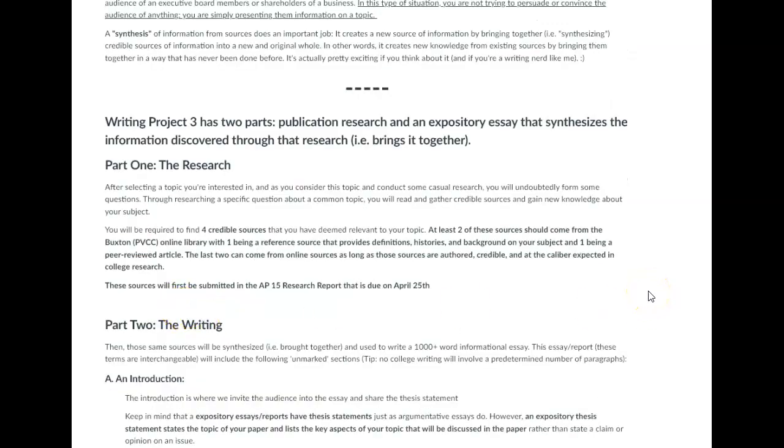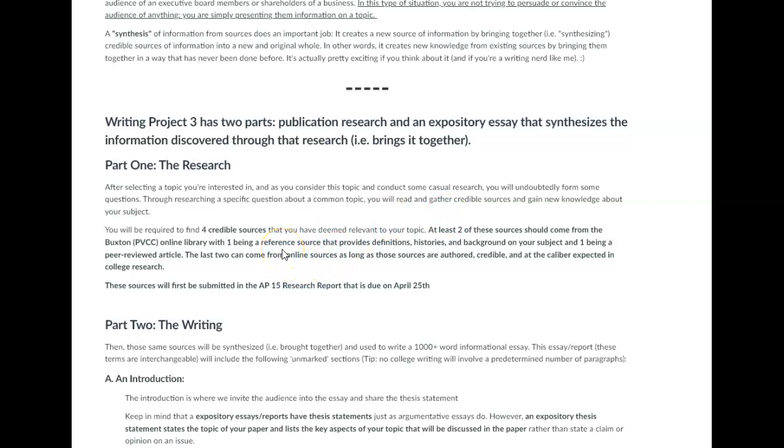If you look at the requirements for this essay, there are 2 sections. First, we're going to focus on research, finding 4 credible sources where credible experts have written about this topic. At least 2 of these sources have to come from the Buxton Library online, with one of them being a reference source.